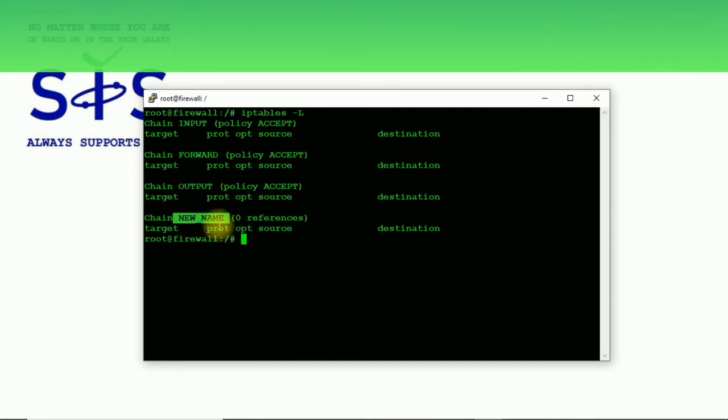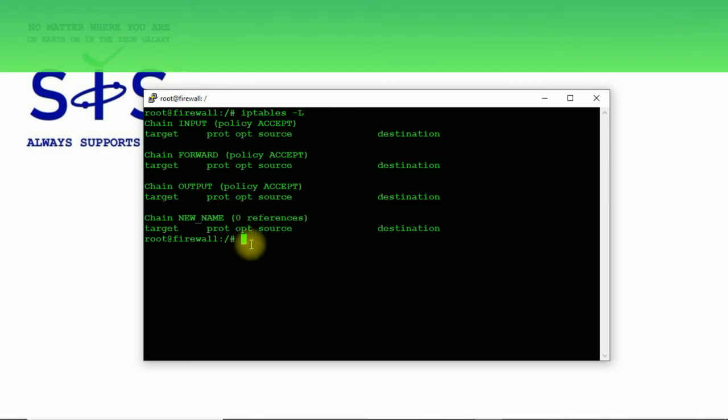Our new chain with a new name has no dedicated traffic to it, because we must send the traffic to the new chain, and after that the packets will be processed in that chain.